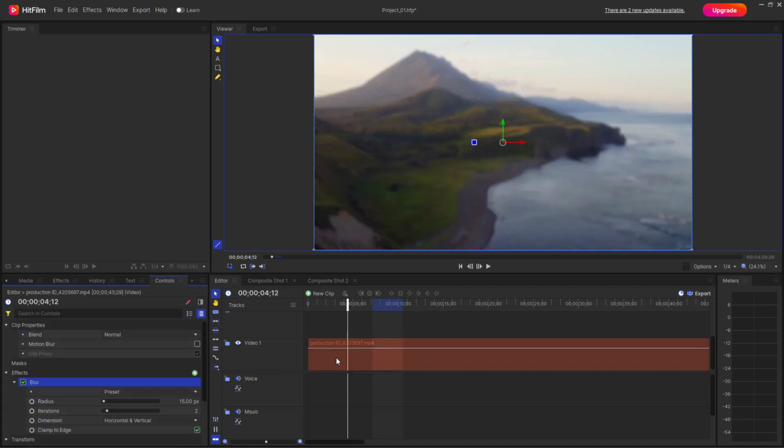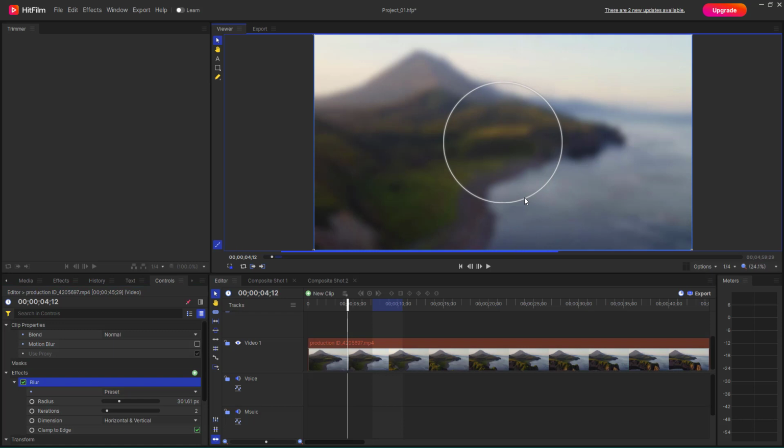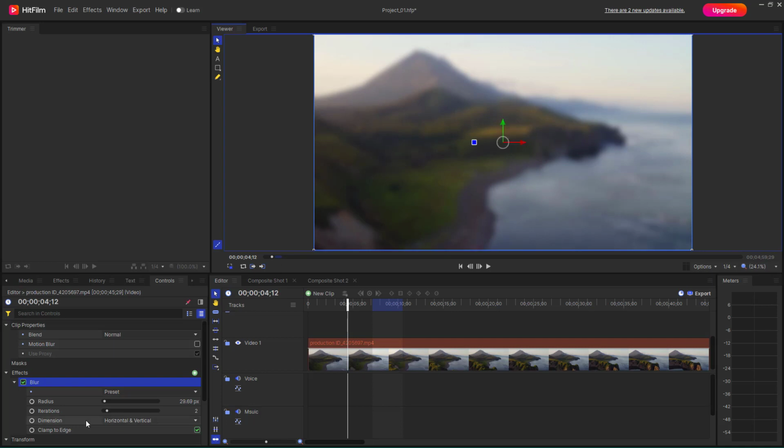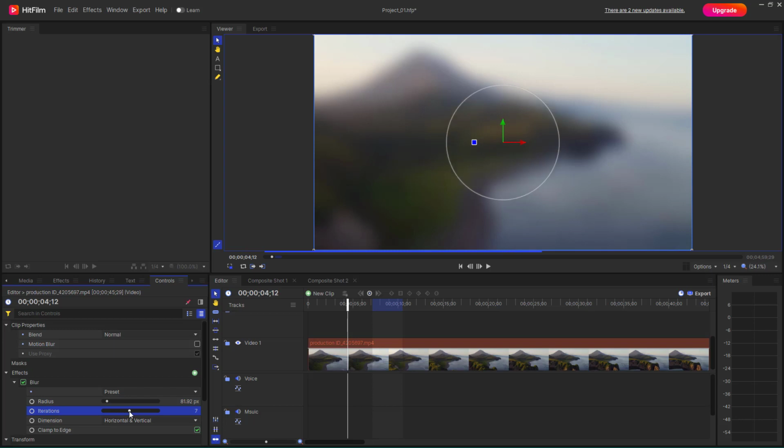out onto my clip, and you can see that this is what you have. I can expand this to increase the blur and decrease this to decrease the blur accordingly. Over here you can see that there's heavy, medium, and subtle as the presets of the blur effect. You can change the radius of the blur effect as well. You can change the iteration, and that changes the size, as you can see